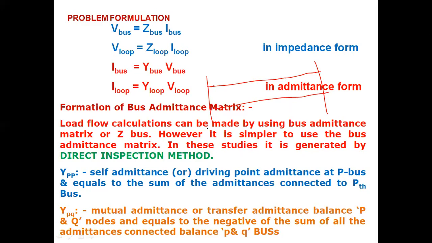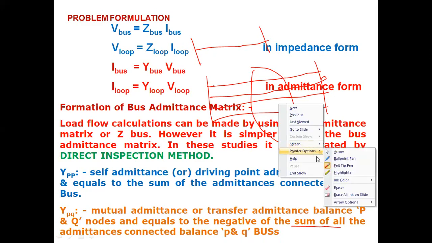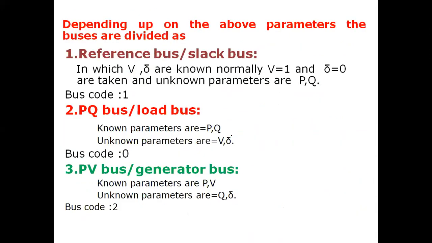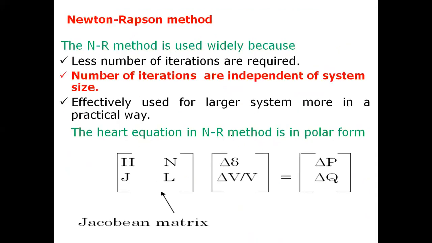2, sir. If I increase this, 3. So how many transfer admittances will I get here? 4. Total 4. If it is only one, then it will be a single admittance. Here you see that all 4 are connected in parallel. If parallel connected, it is the sum of all the admittances connected between the buses P and Q. I will come to this later, not now.